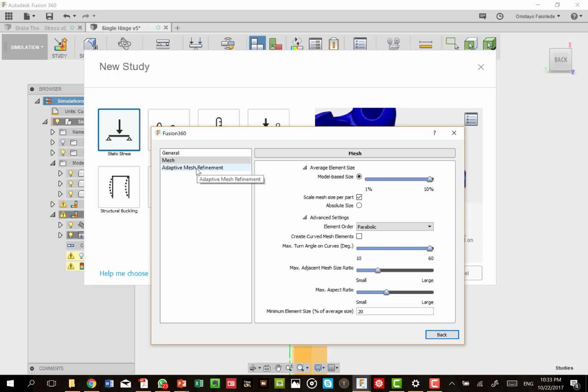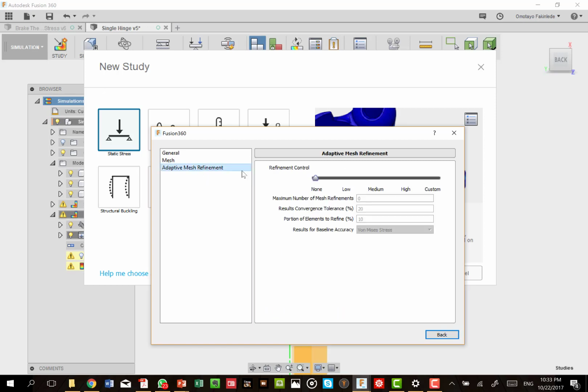Also, before you even start the simulation workspace, you can also decide on adaptive mesh refinement. Adaptive mesh refinement, which is refinement control, right now it is set to none. You can set it to low, medium, high, or custom. What happens here is that this is going to be an iterative process that will decide when your meshing or your solving will terminate.